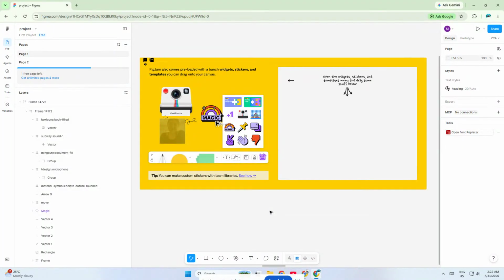If you need a clean image file icon for a design, website mockup, app screen, or presentation, Figma makes it really easy to create one in just a few steps. In this video, I'll show you exactly how to create an image file icon in Figma using the Iconify plugin, so you can quickly find the right icon and place it into your design without wasting time searching all over